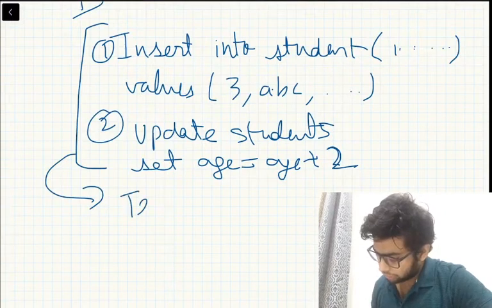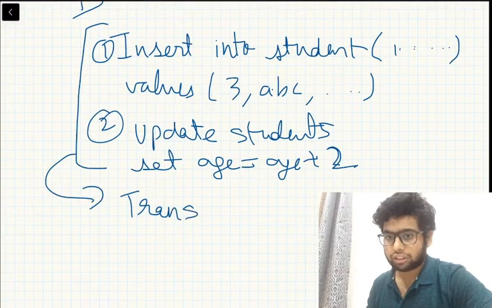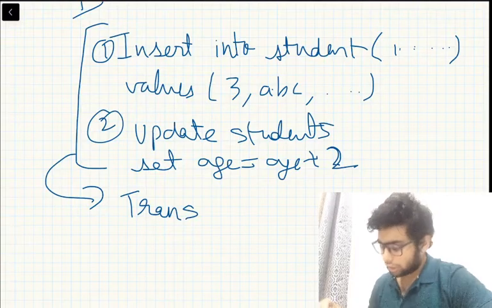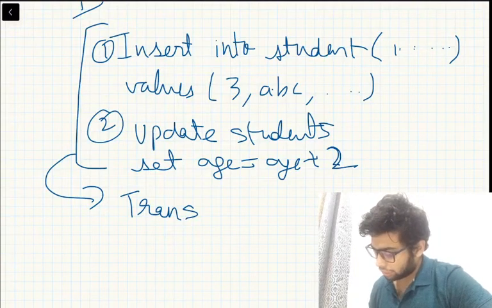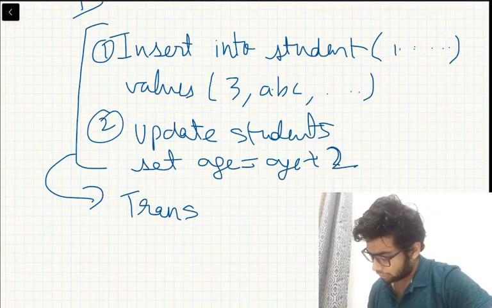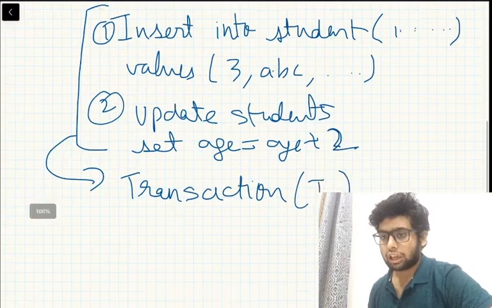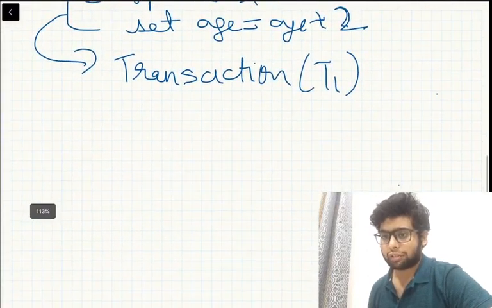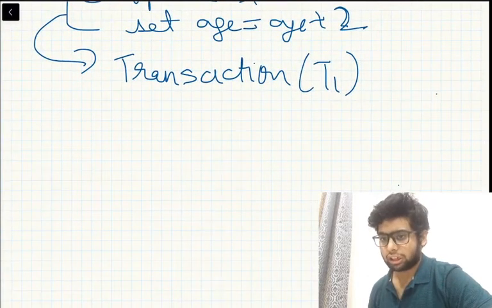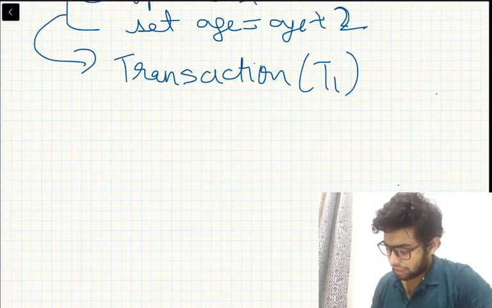So these are just some set of statements which will be executed, and this sequence of statements can be a transaction, mostly depicted by something like T1. Now these transactions have a guarantee provided by the relational databases. So that is ACID. A.